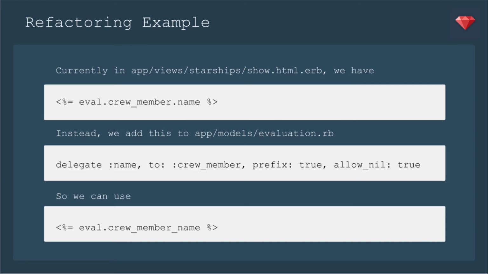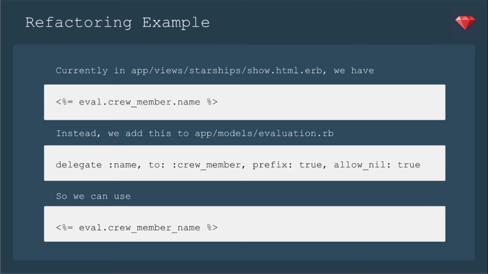Let's get to an example. Currently in the Ruby Thursday app, in our Starships show page, we have eval for evaluations .crewmember.name. So here's an example. So eval, or evaluation, would be A, crew member would be B, and name would be C. So the evaluation is reaching through its crew member to find out the name that it wants to show in